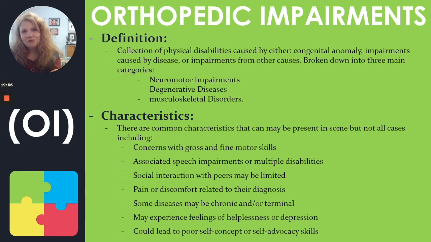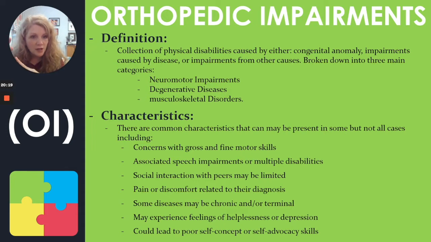So, definitions for orthopedic impairments. I've had a lot of kids with orthopedic impairments over the years, so this could get really medical. I'm going to try to not go so medical with this and really hit what you need to know about orthopedic impairments. It is a collection of physical disabilities caused by either a congenital abnormality, impairments caused by disease, or impairments from other causes,